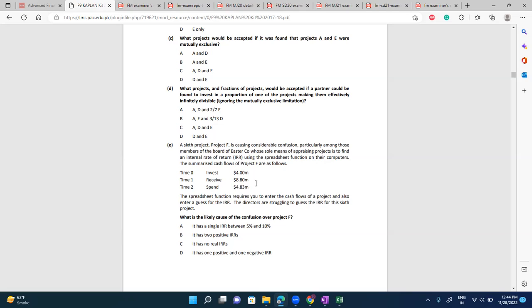वो देखो ना, वो है नॉन कन्वेंशनल कैश फ्लो: नेगेटिव, पॉजिटिव, अगेन नेगेटिव। तो इसका आईआरआर के किस में आएगा? एक आईआरआर नहीं होगा, दो होंगे। सर दो कैसे होंगे? मल्टीपल, क्योंकि नॉन कन्वेंशनल कैश फ्लोज हैं। सर अगर हम इसको एक्सेल में फाइंड करते हैं आईआरआर फंक्शन के थ्रू, तो एक्सेल में एक ही आएगा।